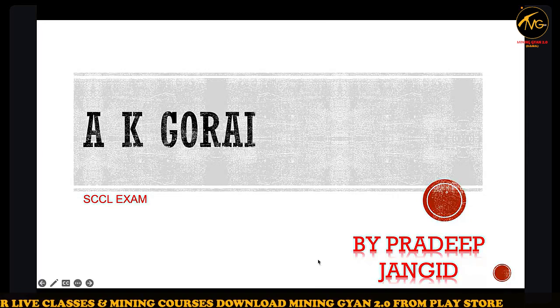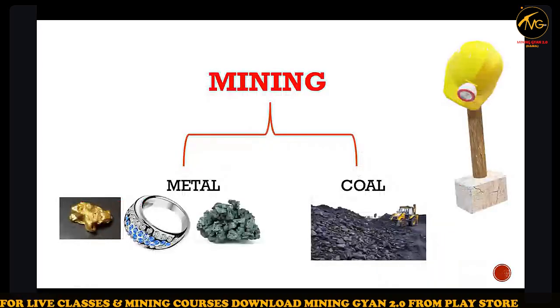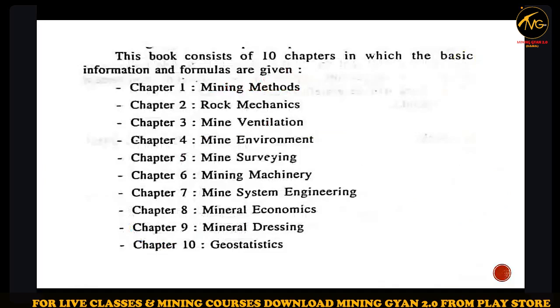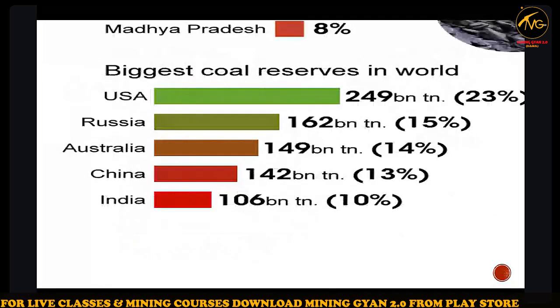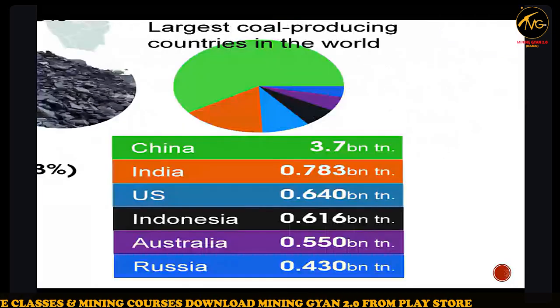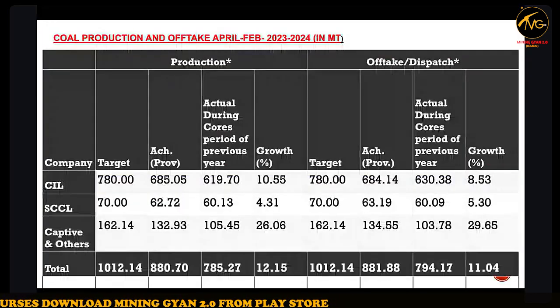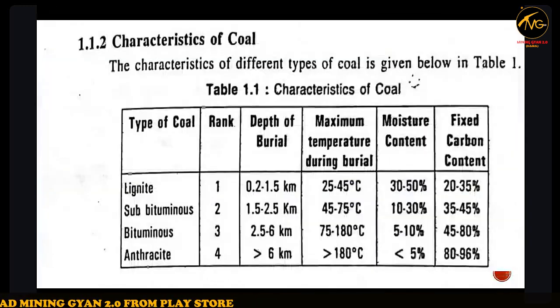ठीक है। कल yesterday we have discussed about AK Gorai and we started the first chapter, and we have seen that mining is two types. Then we have seen these are the chapter of the AK Gorai. Then we have seen the reserves of world, then the production in the world, then reserve in India, then the production of the companies, then coking and non-coking and imports, characteristic of coals,